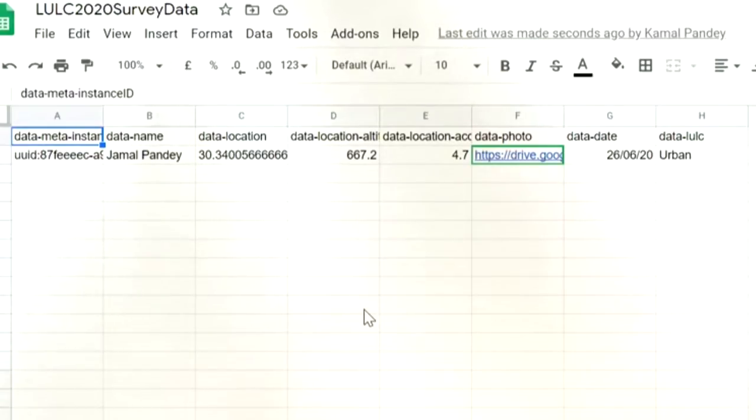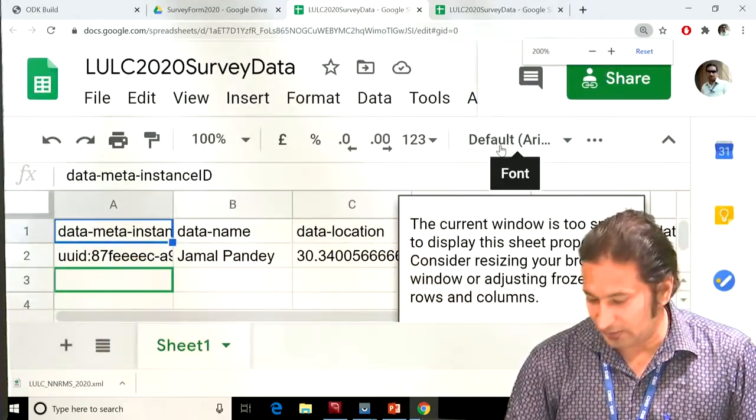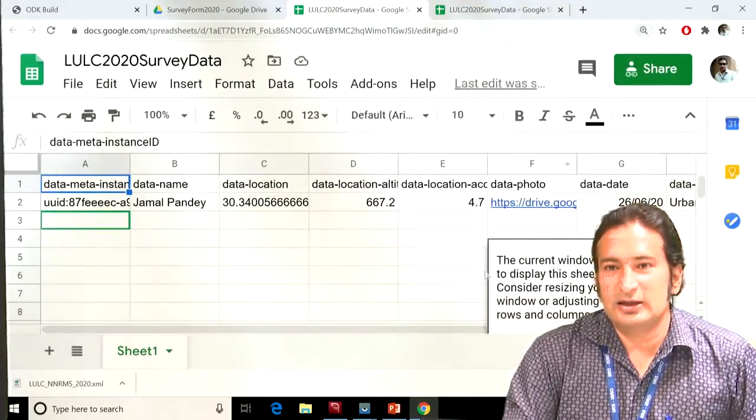So if you see it here now, in the Google Sheet, what data has come? This was the form, this was the sheet. Double click it. If you see here, there is one entry. That data has come to this location from my mobile phone. Kamal Pandey is there, then date of submission, then location, and this is the accuracy we have given to this. This is latitude, this is longitude, this is the date, and this is the type of LULC data. It is an urban area. Okay, I will just zoom it further. This data was collected and it is there in my Google Sheet.